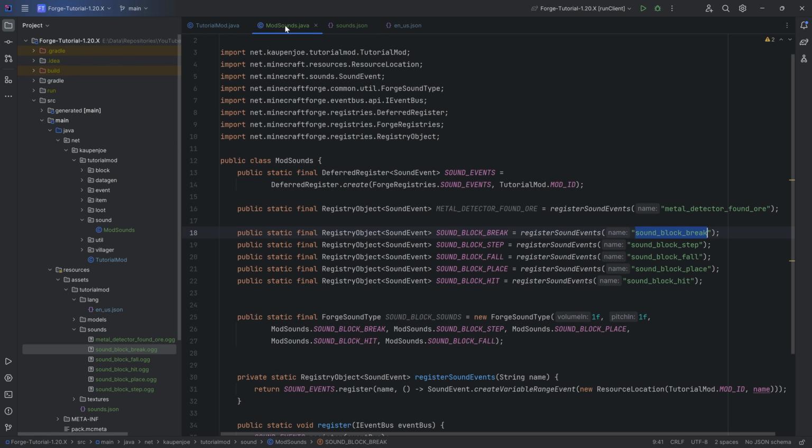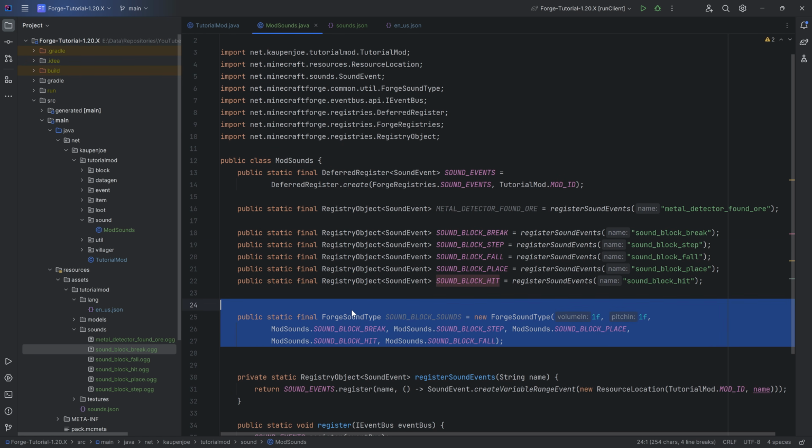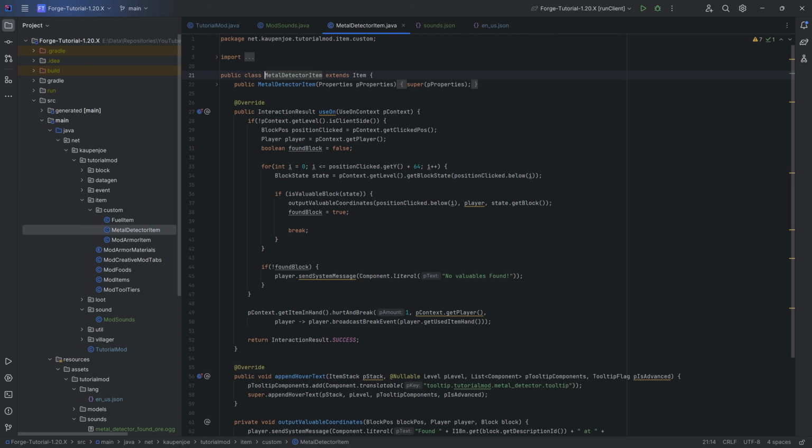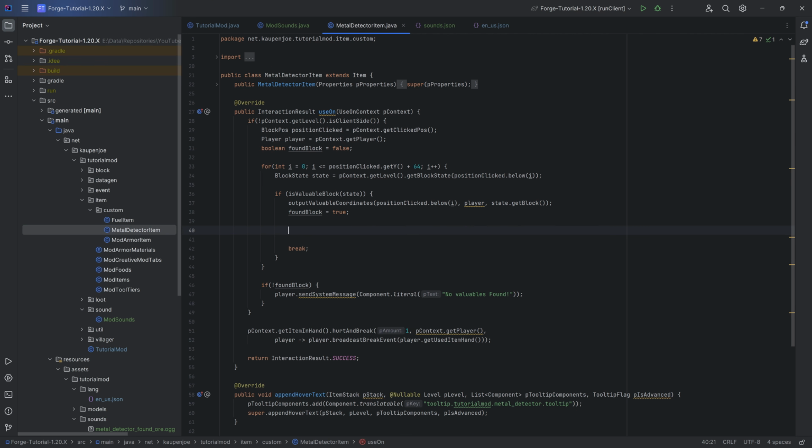And with that, we've added everything. However, of course, we still need to add the type to our block, as well as call the metal detector found ore over here. So let's start with the metal detector. This is going to be in the metal detector item right here. And inside of here, we're going to call the